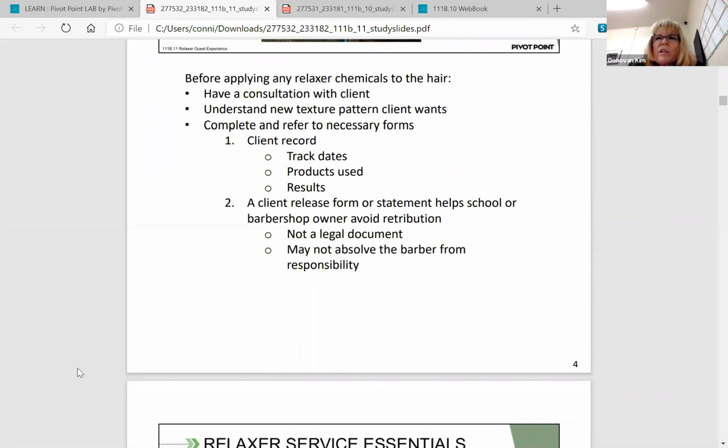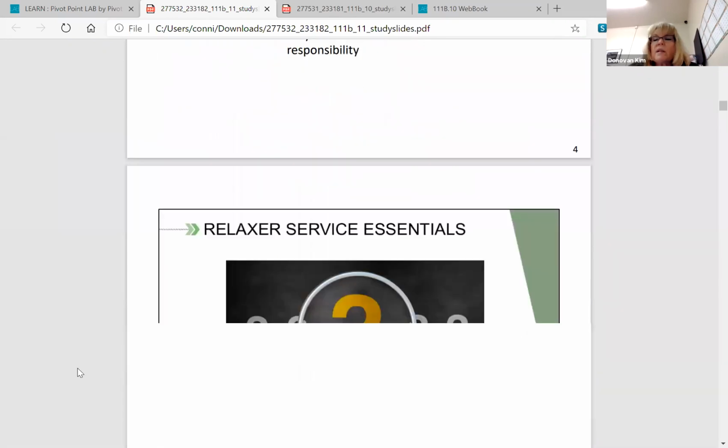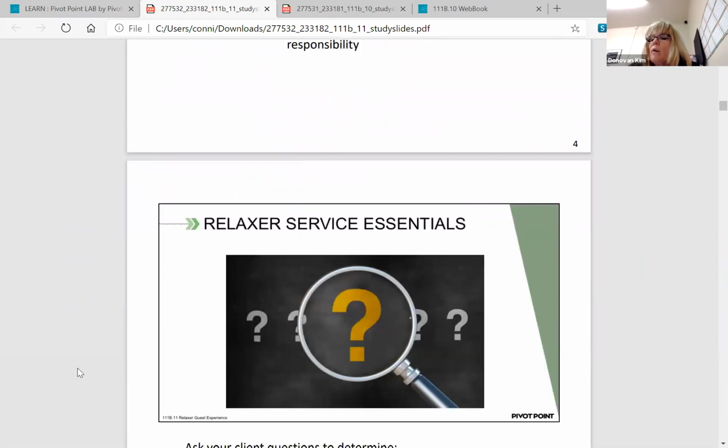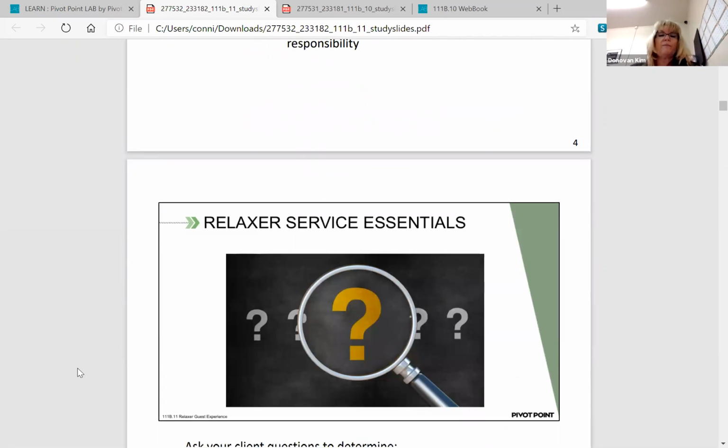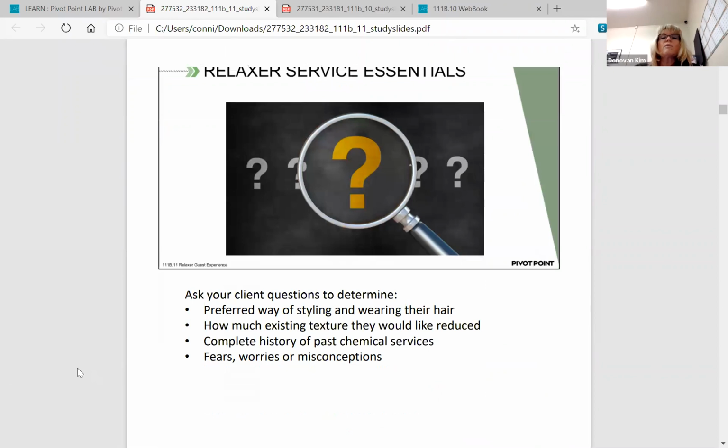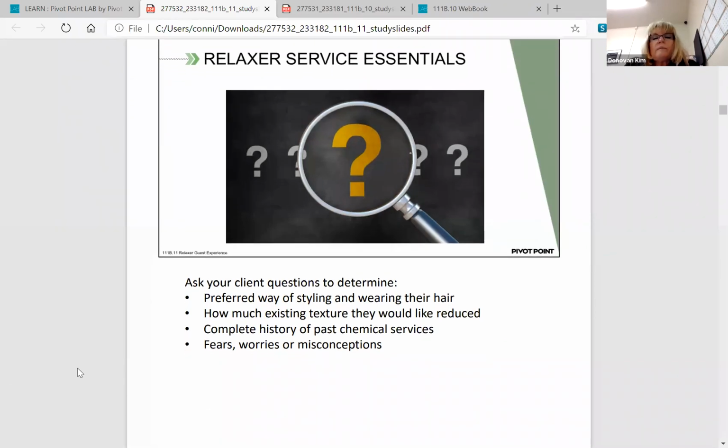I know some particular services, like in the facial department, if someone has braces or a pacemaker, some of the electrical ones may not be used on them. So it is important on that client record card. But I always put the price down too, because, oh, I didn't pay that much last time, did I? Yeah, well, you did. So we want to make sure. Okay. So during our consultation,